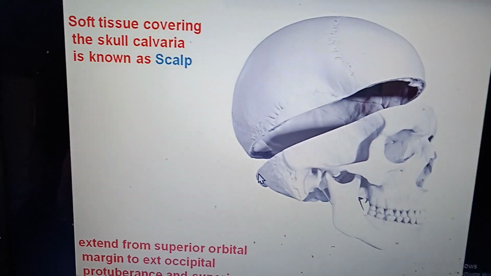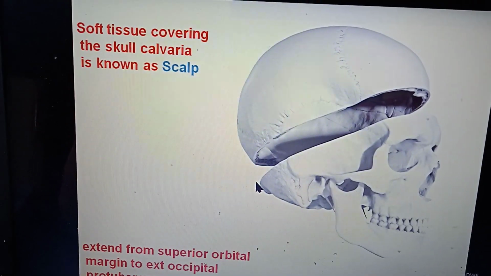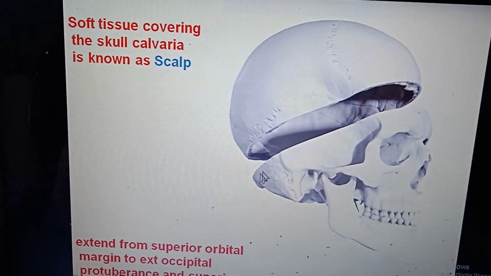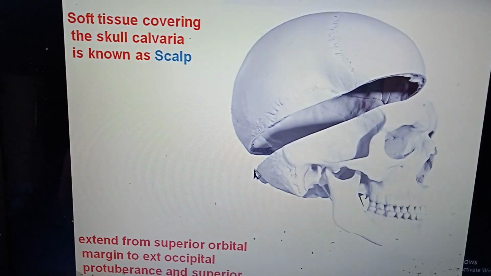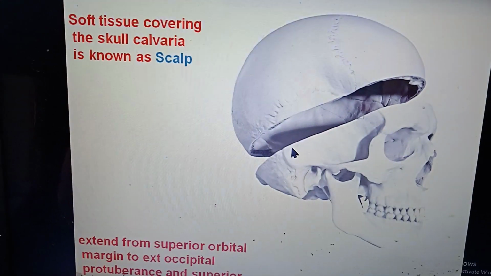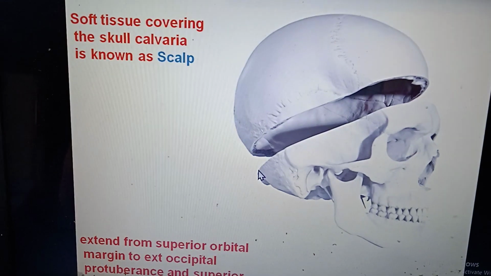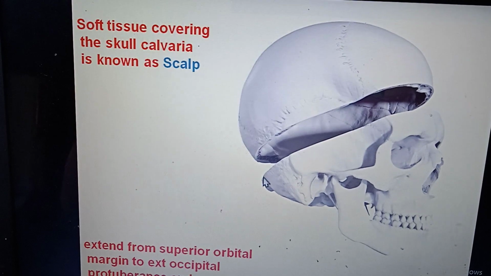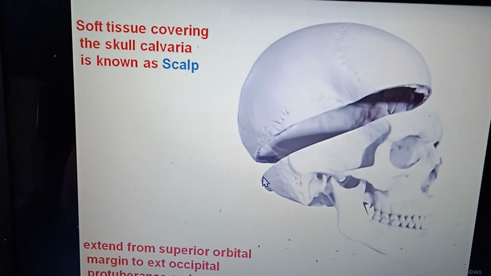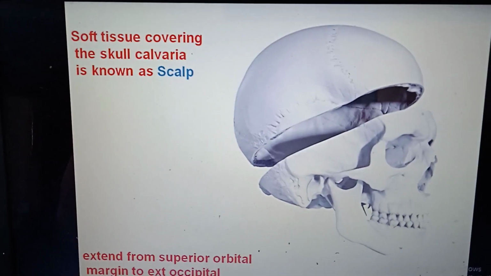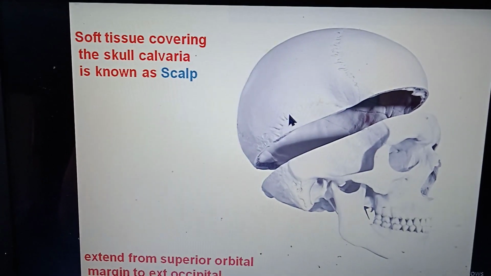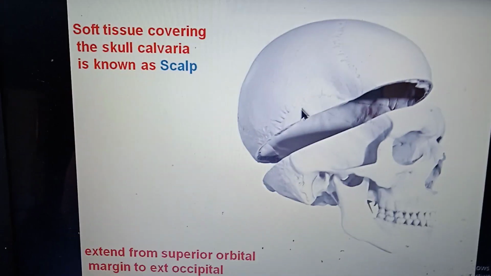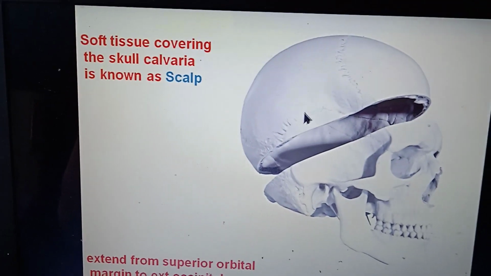In the middle there is external occipital protuberance on the external aspect. In the middle and on the side, superior nuchal line. There are three nuchal lines: highest nuchal line, superior nuchal line and inferior nuchal line. But the middle one, that is the superior nuchal line of both sides, and in the middle external occipital protuberance will be the posterior boundary, and laterally this is superior temporal line. There are two temporal lines, superior and inferior. So superior temporal line will be the lateral boundary.